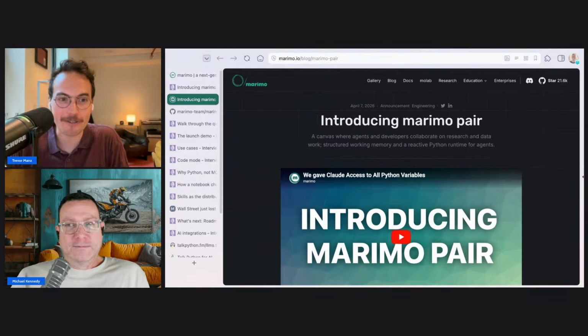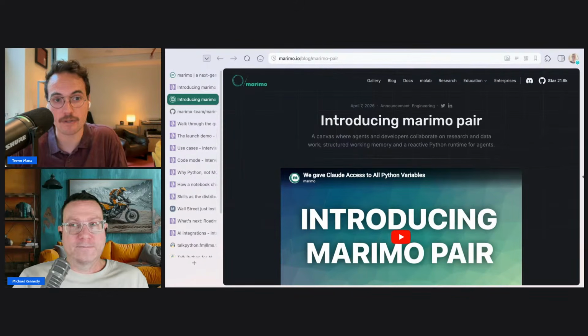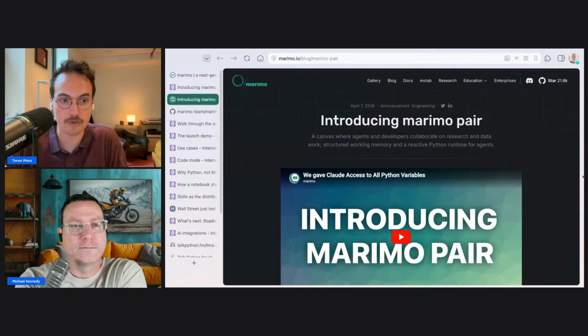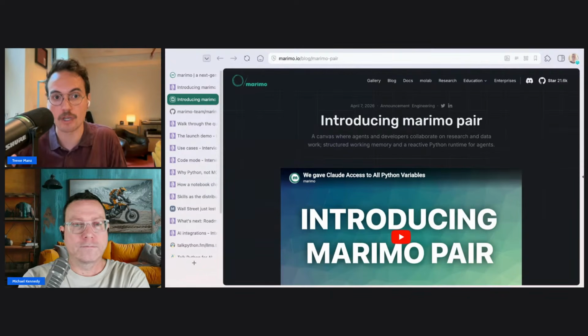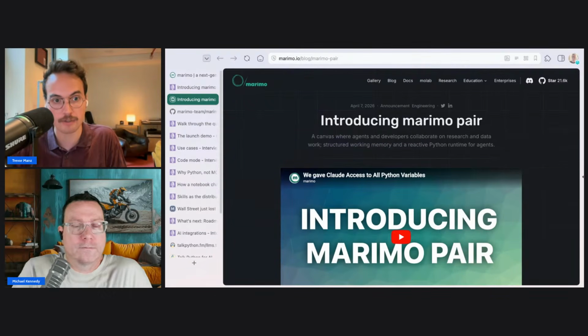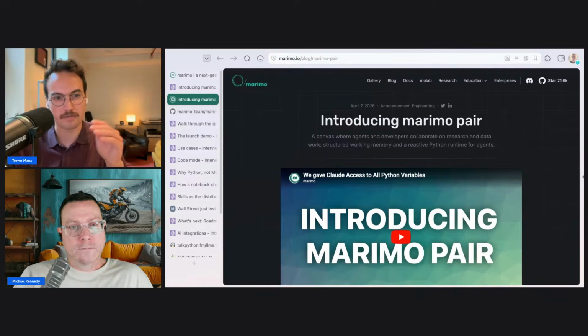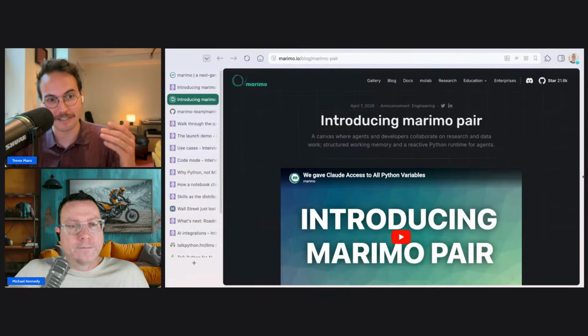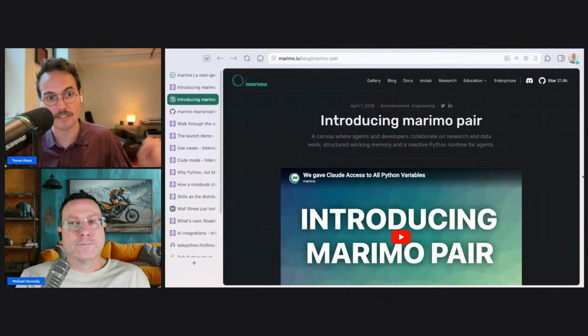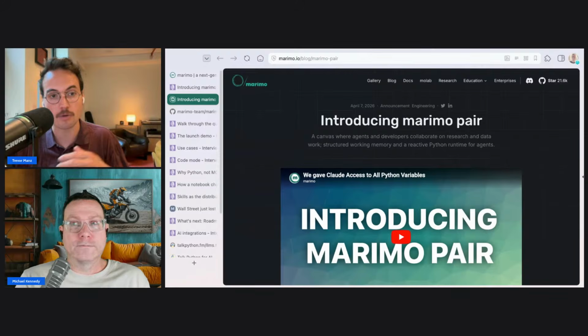Sure. Yeah, so I'm also at Marimo. I'm responsible for our VS Code extension. If you've ever tried to open up a Jupyter notebook inside of VS Code or Cursor, there's a built-in UI for notebooks, and we have a built-in UI that reuses the VS Code native view, except replacing it with Marimo outputs. And the latest thing I've been working on is getting the ability to have your agent inside of VS Code drive those notebook outputs as well.